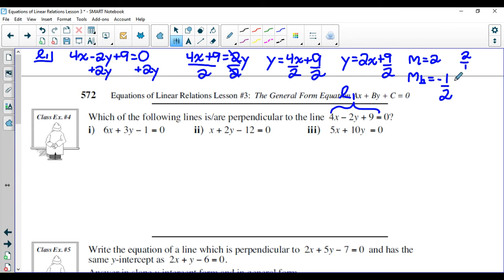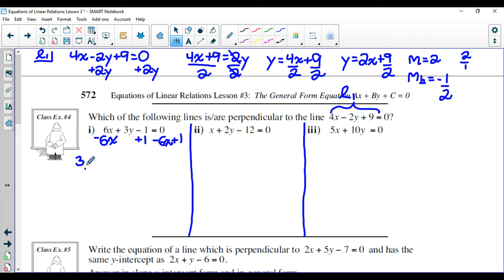So what we want to test here is, do all of these lines have slopes that would be negative 1/2? If they do, then they're perpendicular to this line 1. Okay, so let's test this. I'm just going to break this into a bunch of different columns here. Start with this one. To get the slope, we have to put it in y equals mx plus b format. So the way I'm going to do that is, let's get y isolated. It's positive, so we're going to leave it here. We're going to subtract 6x,